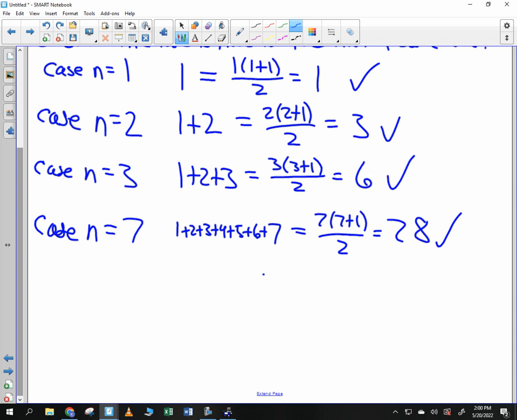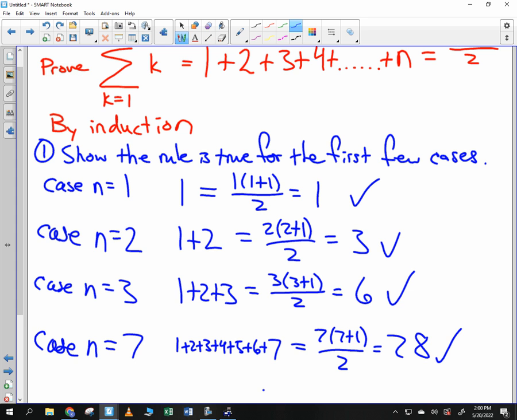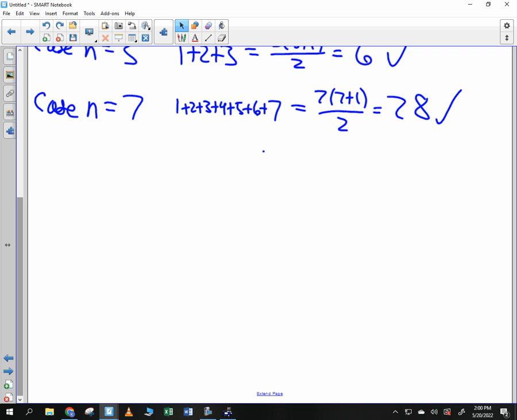Okay, have we shown it works for a few cases? That's kind of satisfying to see that formula work out, right? Like you're like, hey, I'd like to get myself some of those formulas, right? And we can actually make up those formulas. I'll show you how someday. It's pretty cool. But let's move on to the second step of the proof, because William, are you convinced now that it works? Good. So second step is